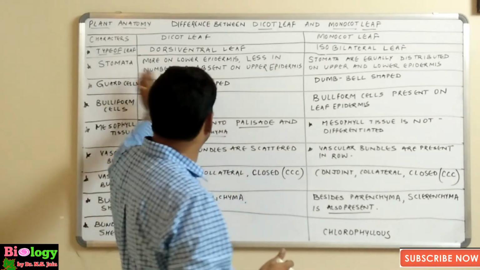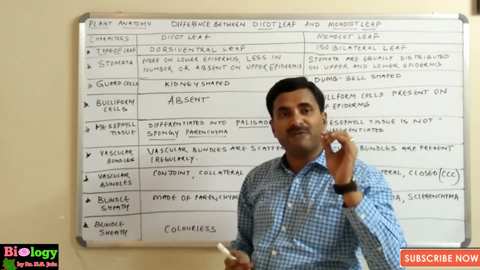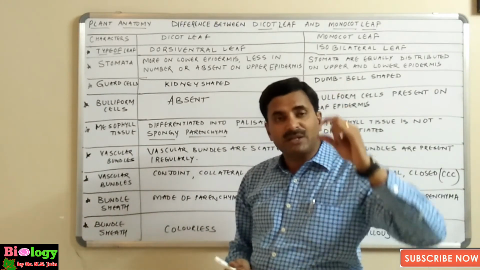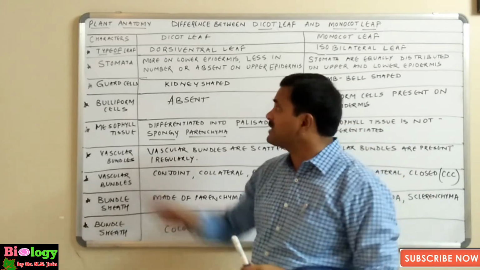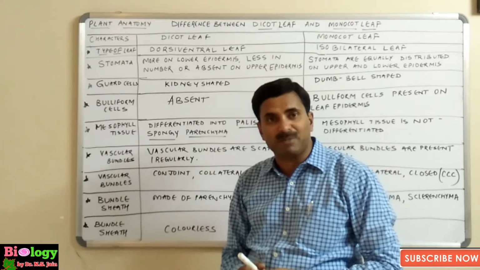We can altogether say that an isobilateral leaf is a leaf in which both the surfaces are the same. Now coming to the second one, as we know very well that stomata is the prime feature of the epidermis of the leaves. In the epidermis of the leaves, what is present? The stomata are present, and these stomata are meant for the transpiration purpose.